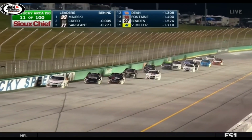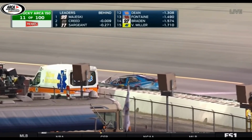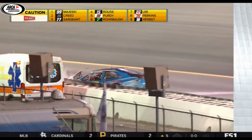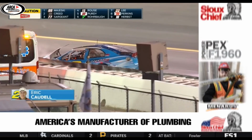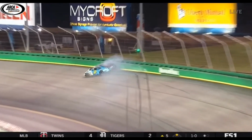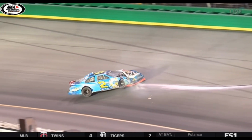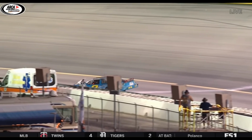Creed stays in front. And now Sargent is going to try to make a move, but further back, we've got one around. Is that the 2 car of Eric Cottle? It is. Came in here 5th in the rookie standings. He said, I'm gaining speed. I have to get comfortable on these big racetracks. And his car, unfortunately, has found the fence here. So look to the far right. We just get to the tail end of that, but you could see those tire marks. That's very similar to what we saw at the 42 of Bo Lamastis. I don't know if there's something at that juncture of the racetrack where these guys are...